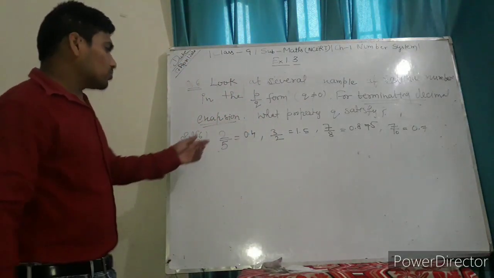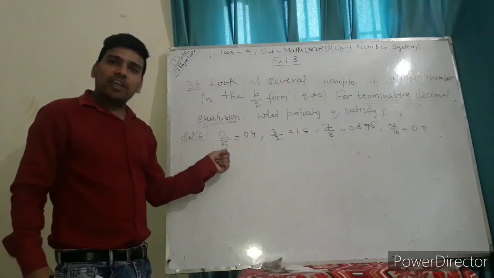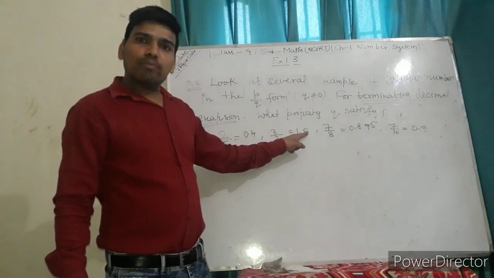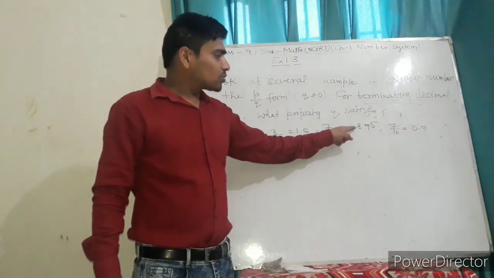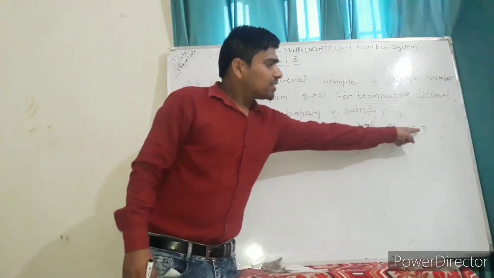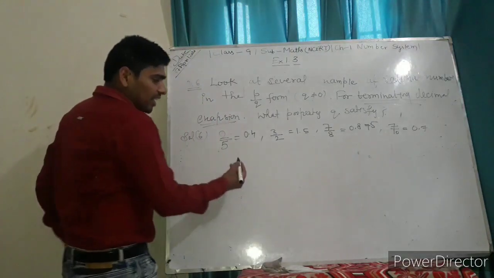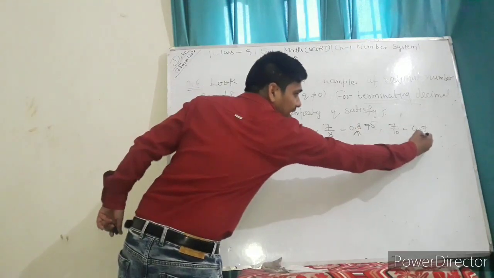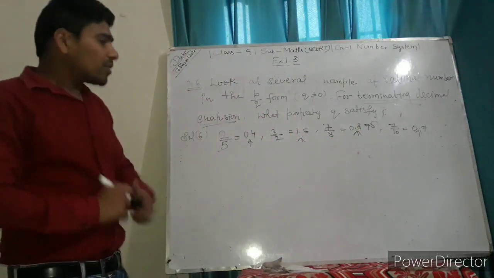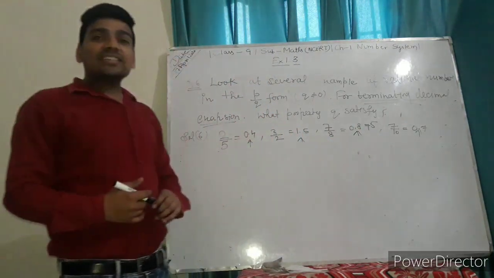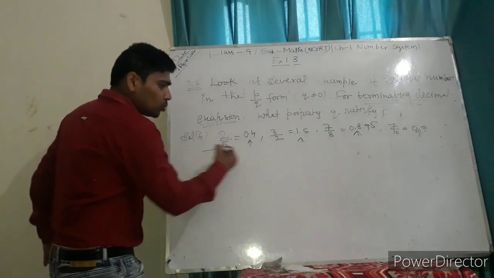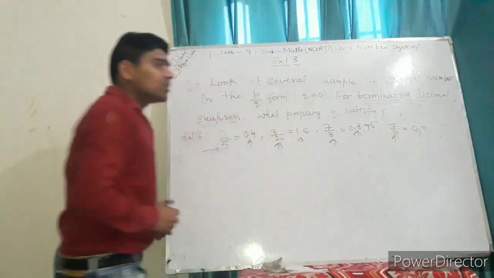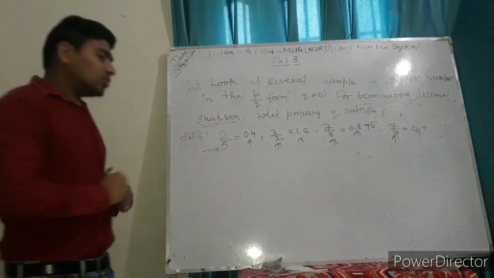Okay. So I am going to tell you, 2 by 5 is 0.4, 3 upon 2 is 1.5, 7 upon 8 is 0.875 and 7 upon 10 is 0.7. You are observing here that all these decimal expansions are terminating. Okay, so he is asking what property q will satisfy for this. What property does q satisfy? So I want to tell you guys the q must be